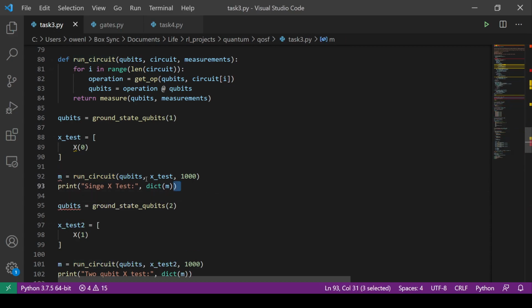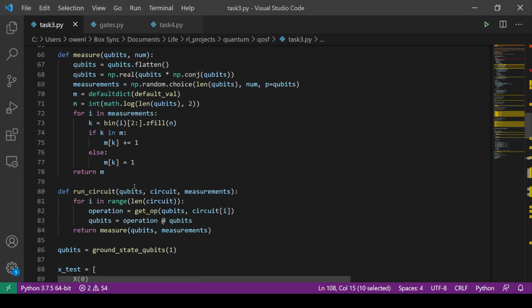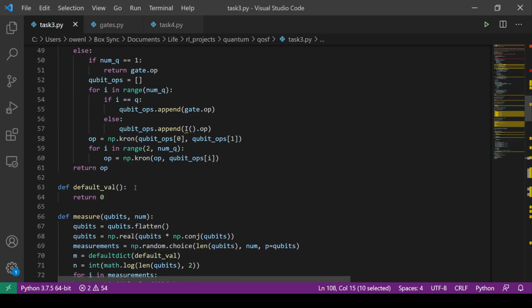So that's how I format it. So we can do more complex things. For example, here's the Bell state we talked about last time, Hadamard and controlled X. And so you can see in this simulator,